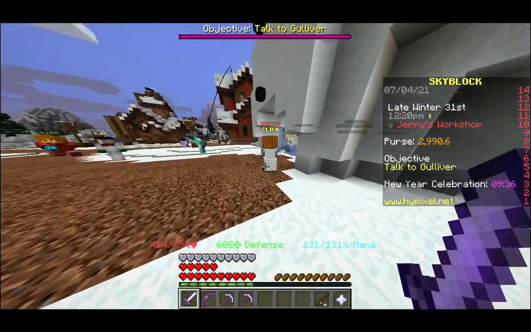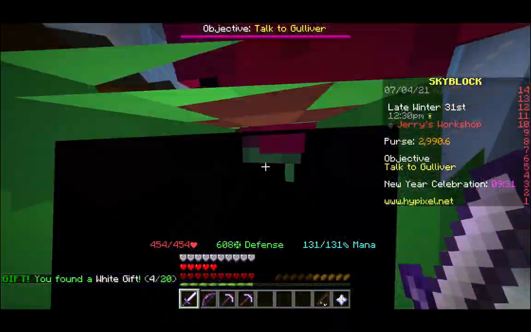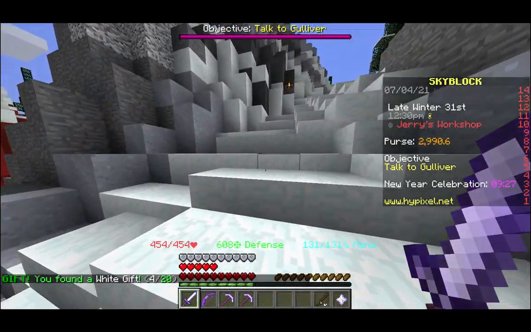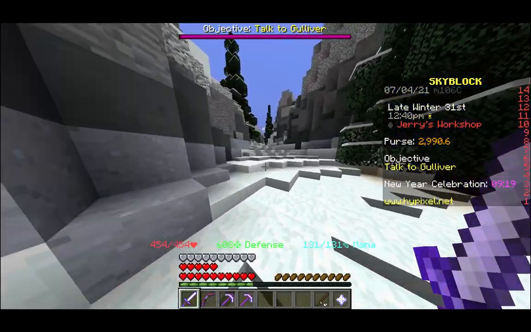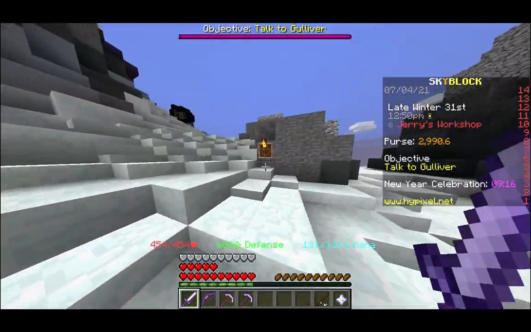Are there any other gifts? Ah, yes, there's one here. Alright, well, I'm collecting a few gifts. I don't know if I'll try and collect them all, but there's one more thing I wanted to do, and that requires going up the side of the mountain, and I chose the longest path possible. Cool. So to go up this little mountain here,